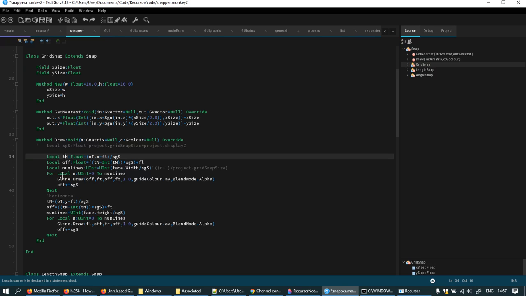Gosh, it's so easy to forget this. But anyway, yeah, that figures out the grid square that the left hand side of the screen falls in. Now,